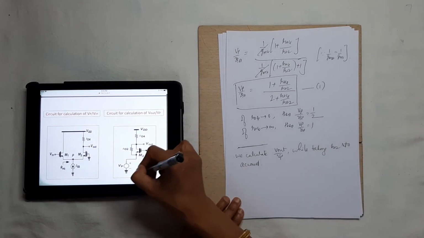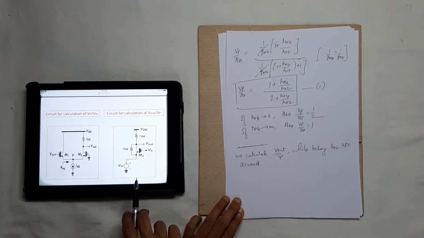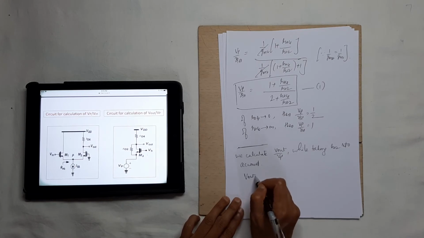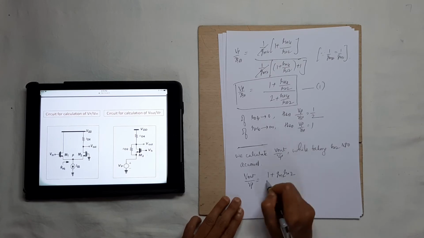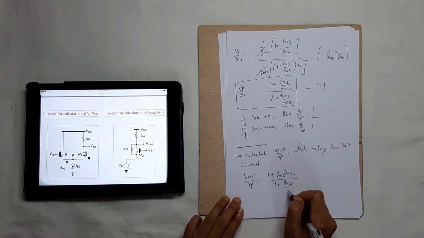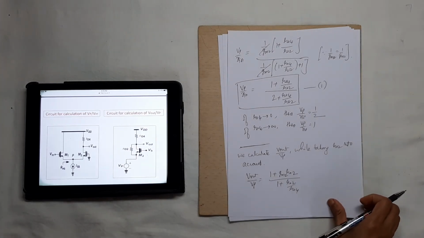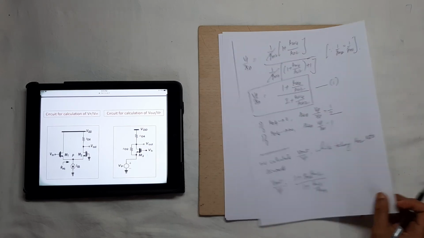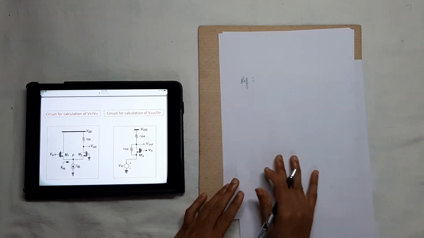Now from this particular figure, I told you this is figure 1 and let us call this figure 2. From figure 2 we have V out by Vp equal to (1 plus Gm2 RO2) divided by (1 plus RO2 by RO4). Now how have we arrived at this expression? This is again from the common gate stage V out by Vin expression. Let us do that. This is only for your reference. Already we have done it.